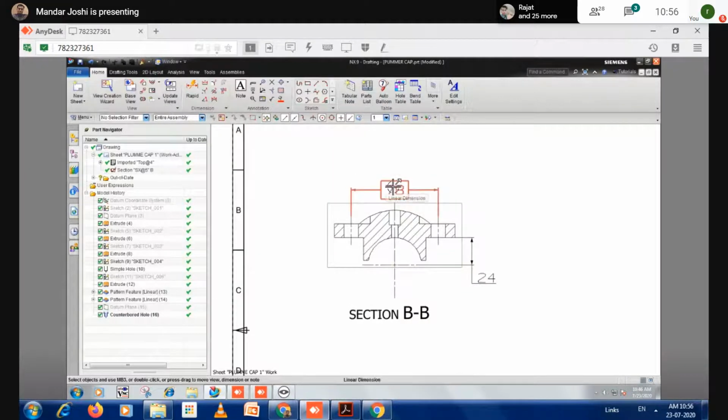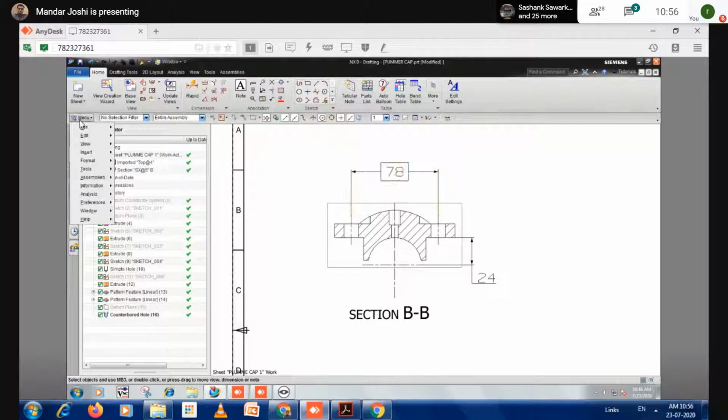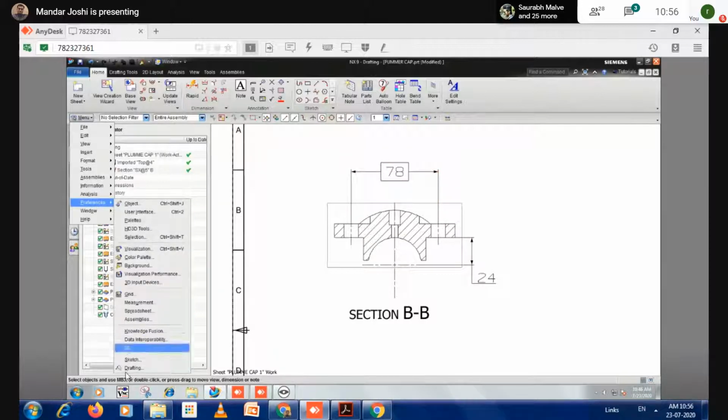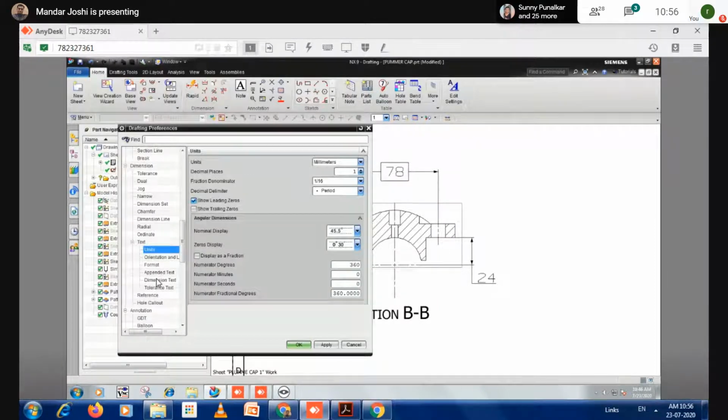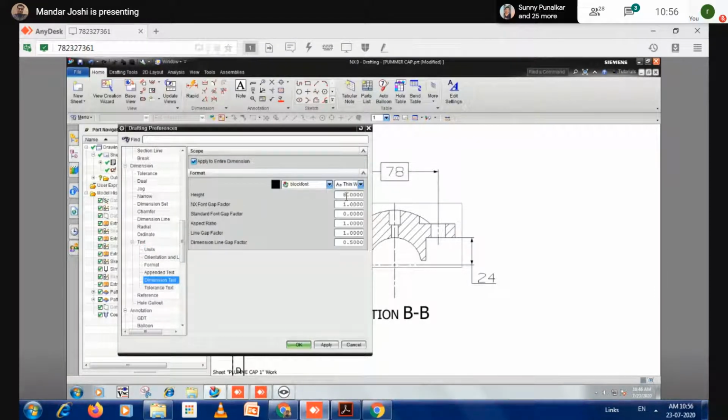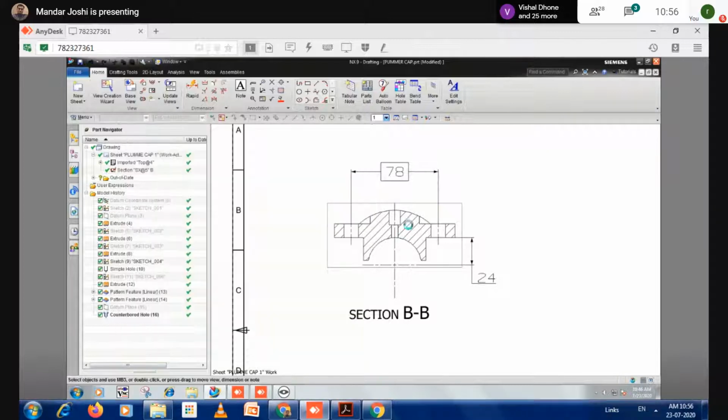Next step, I think as per the requirement of the proportion of the view, your size of text is very large. So I can control that using the menu again. Menu, preferences. In the preferences, there is a drafting option. Okay, so we have to adjust the dimension text. So you go to this text, dimension text option. Instead of the 8 value, I put this value to 5. Then click on apply. Okay. And update all views now.